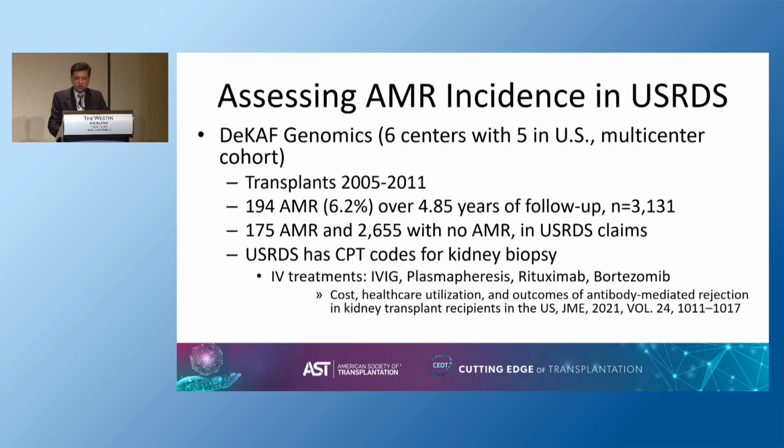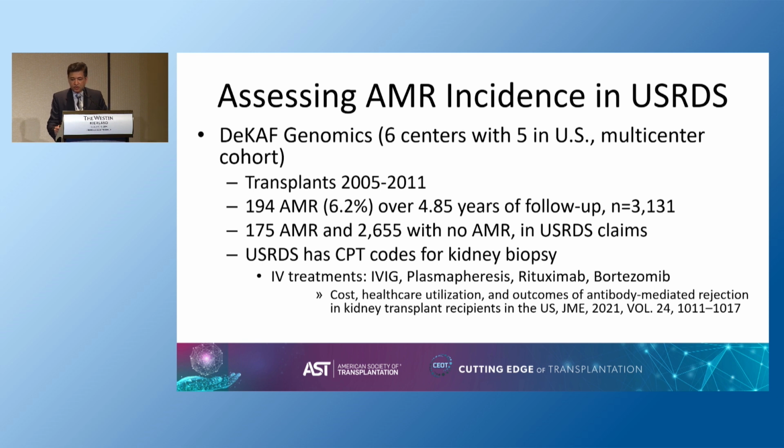Then the next thing we said is, okay, it's hard to figure out the frequency of this. Can we use some claims data to see maybe there's a pattern of claims that would help us diagnose, at least, or get to the incidence of AMR in the country? So what we did was we took our DeKAF Genomics cohort, 5 centers in the U.S., and those 5 centers had transplanted between 2005 to 2011. I showed you all their data on the 194, but then we said, okay, which of these have claims data? And we were left with 175 AMR patients and 2,655 with no AMR, and we found claims for them in